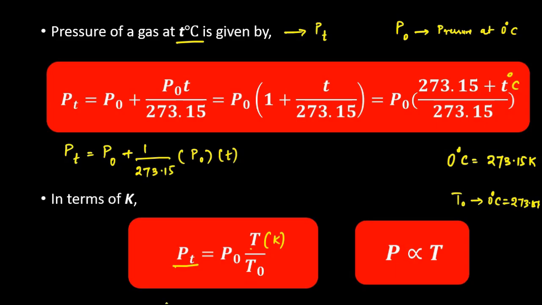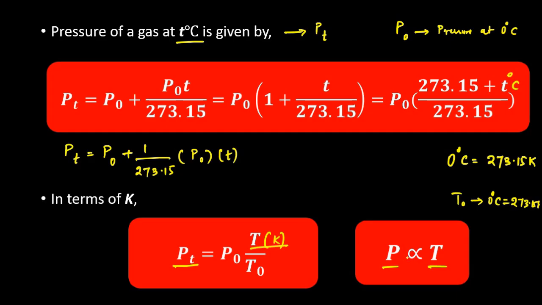Pressure is directly proportional to temperature. This is the essence of Gay-Lussac's law. Depending upon the mathematical equation, whether you are expressing it in degrees Celsius or Kelvin, the equations change here and there, but the essence of Gay-Lussac's law is that pressure is directly proportional to temperature